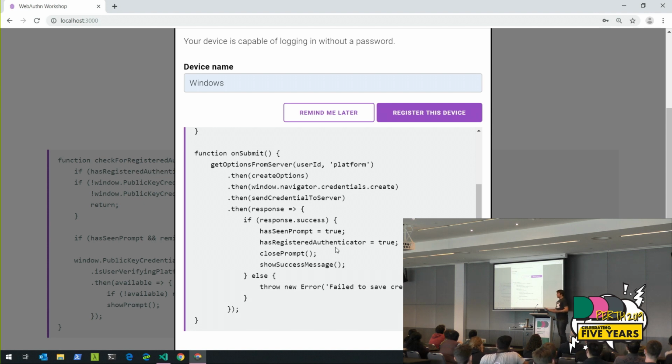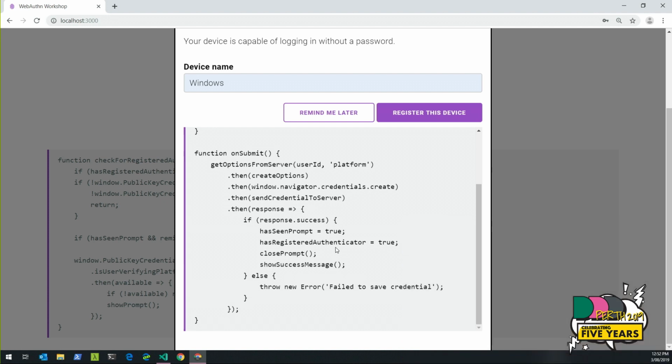Then I will do some transformations on that data because JSON can't send array buffers, but the API actually expects array buffers. I don't know why they made it harder to use, but they did. I guess maybe they're more secure or something, or it's smaller, I don't know. So I get those options and I pass them through to window.navigator.credentials.create. And once that's been created, I'll get back a response from the Authenticator, essentially, which will maybe be there because it can be cancelled, or it might not. So I have to check for that in my response handling.